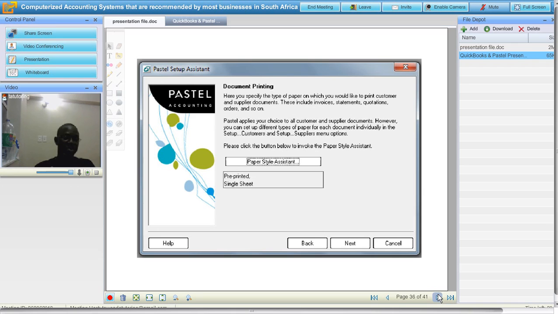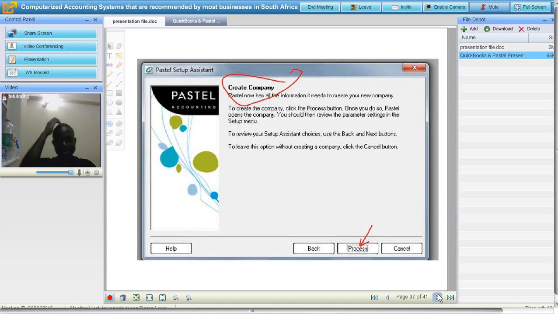So I recommend that you tell Pastel what kind of paper type you're using, either pre-printed or single sheet. You should also select to use A4. You should also set your printer to print A4. When you don't do that, it always gives you some funny errors due to printing. After you're done with the paper style assistant, let's click next.